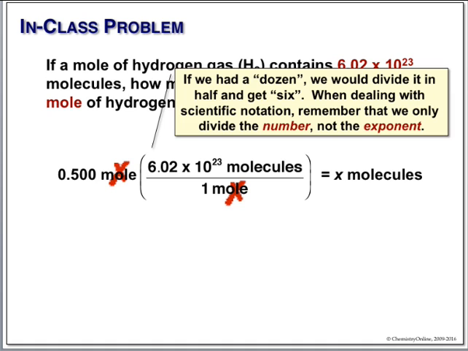And all we do is multiply 6.02 times 10 to the 23rd by 0.5. Now you see why I wanted you guys to learn how to use your calculators. I told you this was coming. When you do this, remember, we're just dealing here with the coefficient, aren't we? We're just going to divide this basically by 2. Do that in your head. It's about 3.01. 1 mole is 6.02 times 10 to the 23rd. Half of that is 3.01.